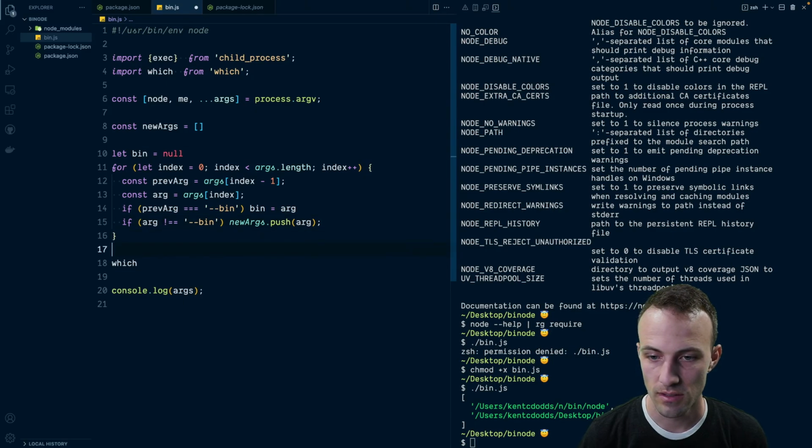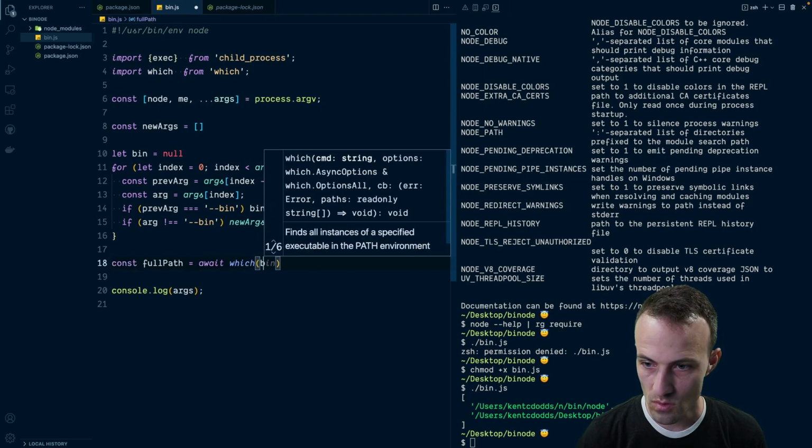Okay, so then we can const full path equals await which bin,